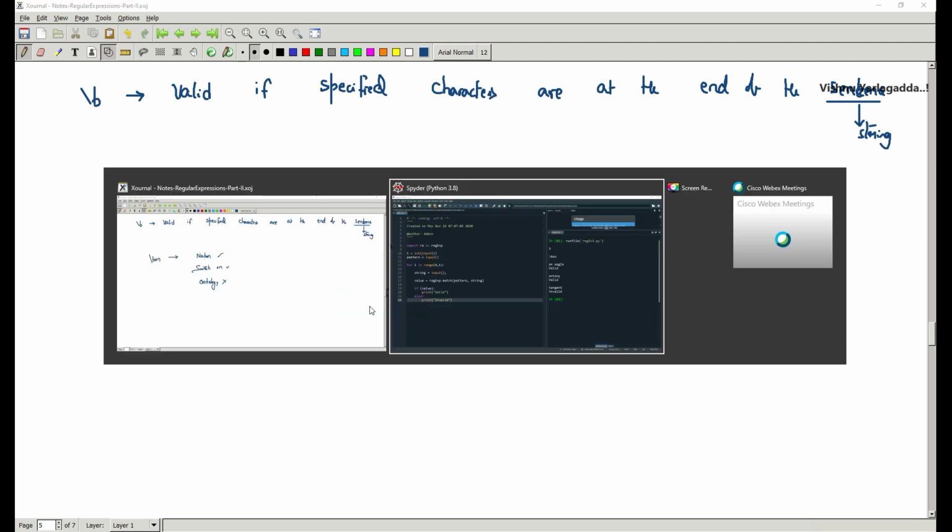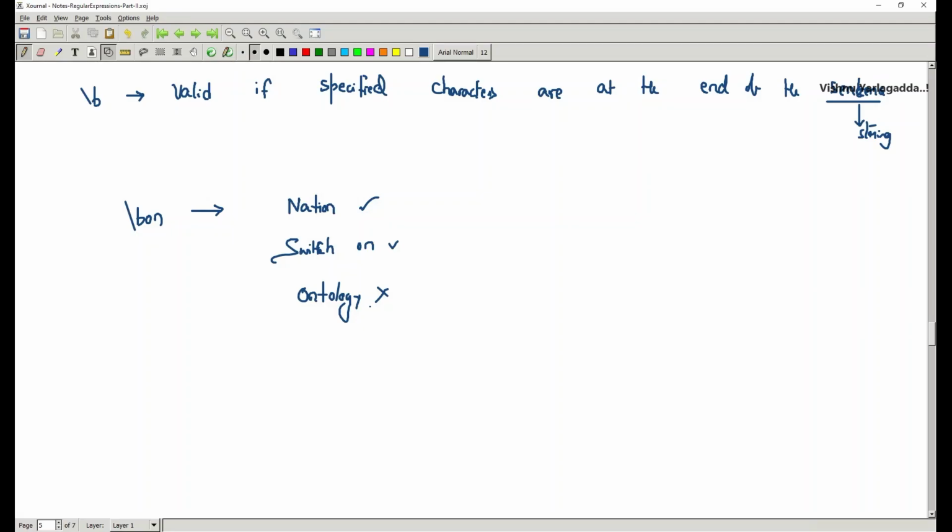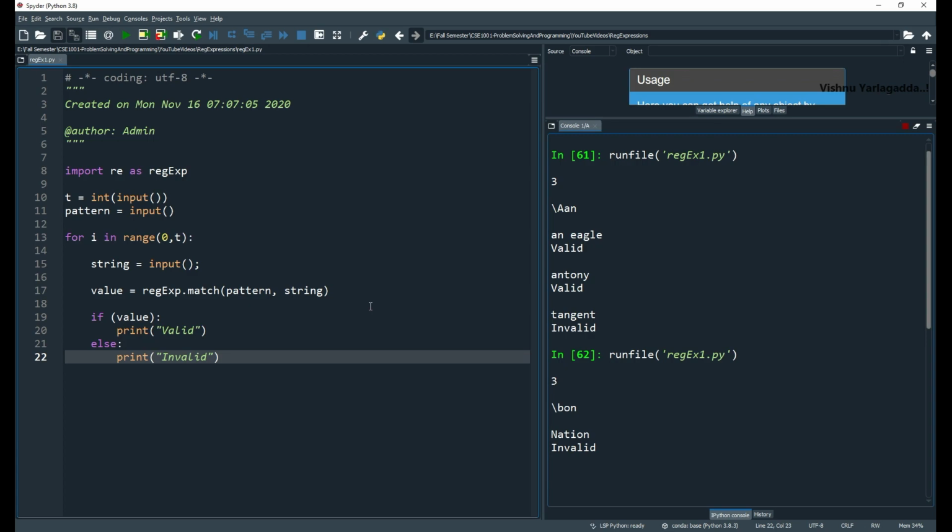invalid. So now you can observe there are three patterns. With \b_on, my first example, nation, is invalid. If \b is initial, then it should be available at the front. So you see, ontology is valid in this case.